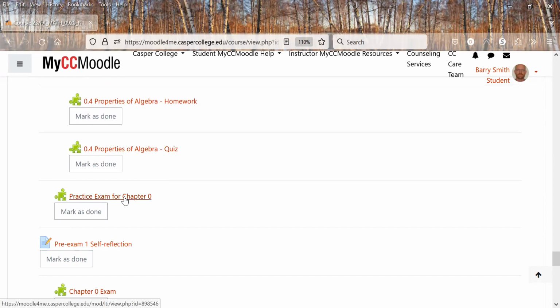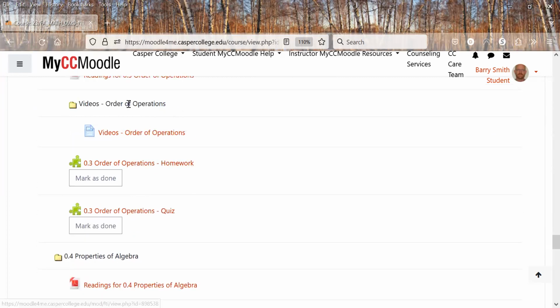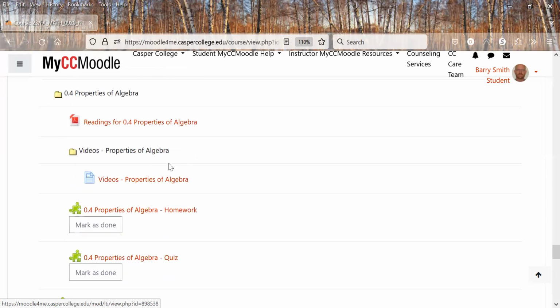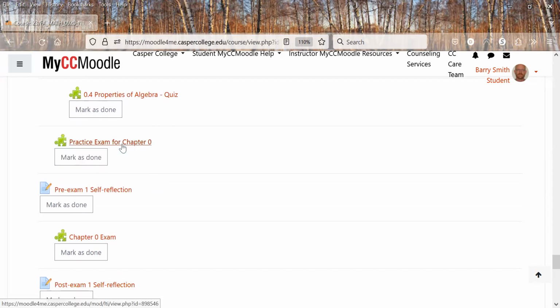Basically, I would suggest take that practice exam one time, see what you do. Maybe you only miss things out of section 3. And then I would go back to section 3, maybe read the section again, and on the points that you didn't understand, practice some more homework problems or the quiz some more if you still have attempts, and then go take the practice exam again and see if you do better. Maybe this time you don't miss anything. And so, hey, you're ready for the exam.